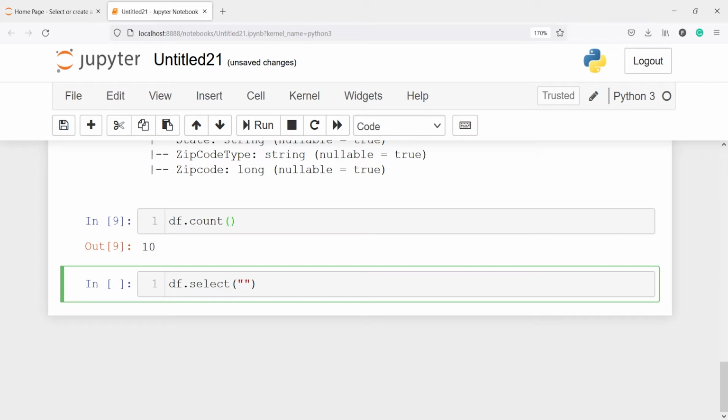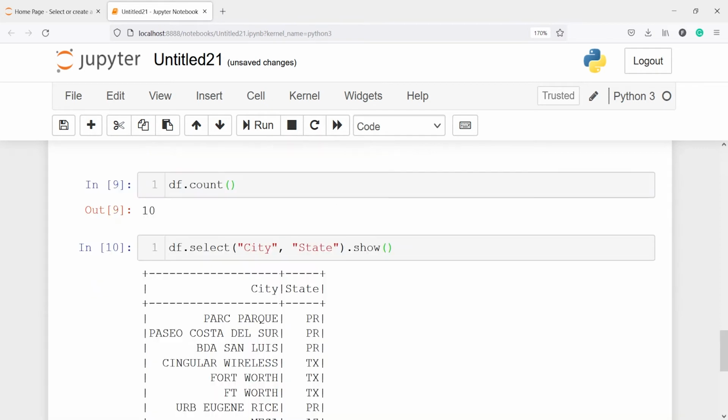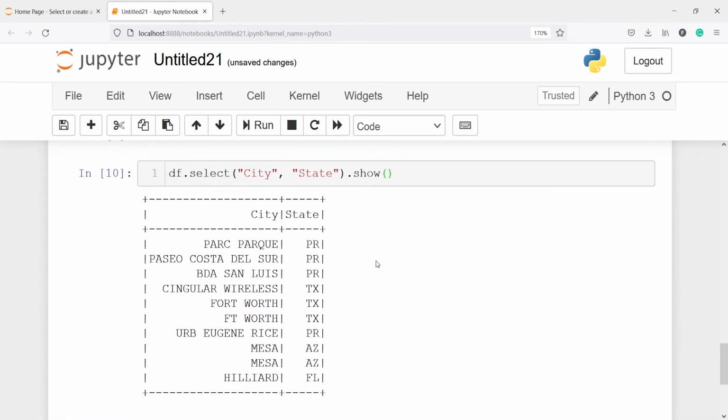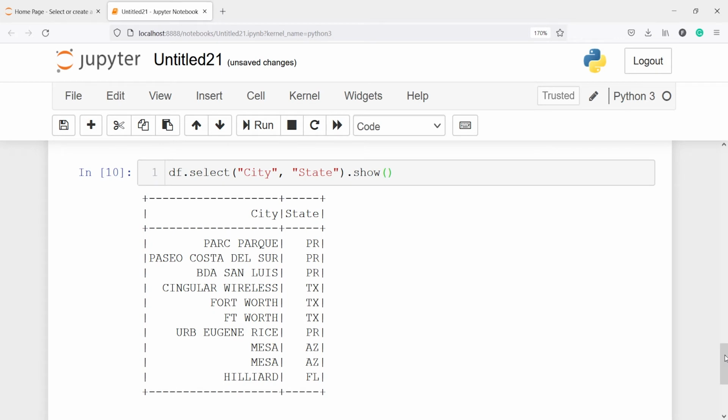So I will write the column names. My first column is city, then comma. The next column I want to see is state, dot show, and here in the output you can see we got only 2 columns here. So select will help you to look at particular columns only.